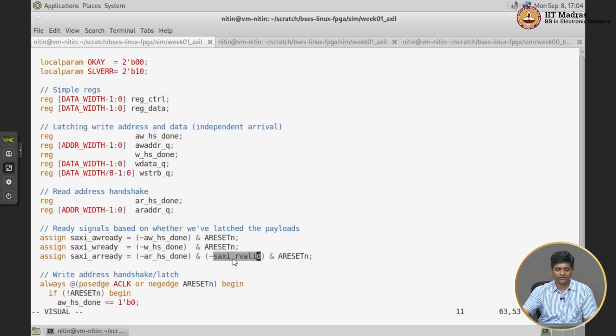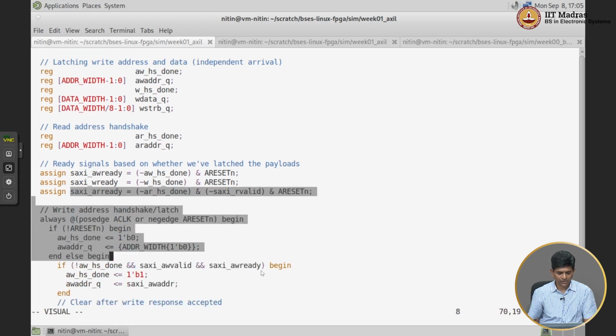In other words, for the address ready, if there is valid data that has come, I am sending back valid data. At that point I can also send my AR ready to 0. The moment I am sending back valid data, I will not accept any new addresses. So the AR ready will be low until that handshake on the return direction has completed. The rest of the code, as I said, we already looked at